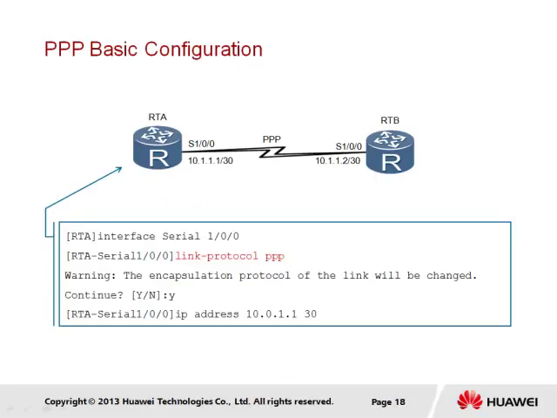The configuration of PPP link encapsulation is configured in the same manner as other link layer encapsulation methods such as HDLC, and is done so on a per interface basis. From the example given here, we are able to see that the configuration of interface serial 1/0/0 on RTA is done so by firstly entering the interface view before changing the link layer protocol to PPP. Since PPP is the default link layer protocol applied in VRP, it is often not necessary to implement such changes. However, where required, a change warning will prompt the administrator to verify that the changes should be applied.